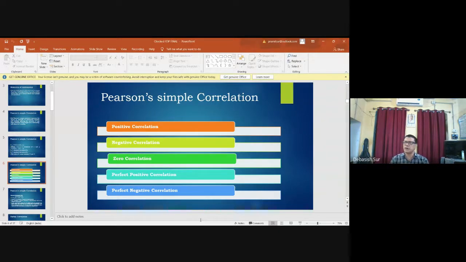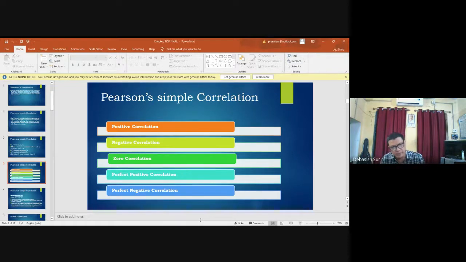The first one is positive correlation. Suppose we have two variables x and y, and if the value of x tends to increase as the value of y increases, or if the value of x tends to decrease as the value of y decreases, then the correlation is called positive correlation. That means if the values of the two variables x and y move in the same direction, then the correlation